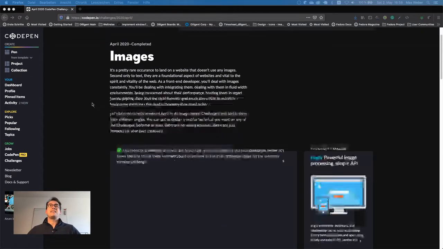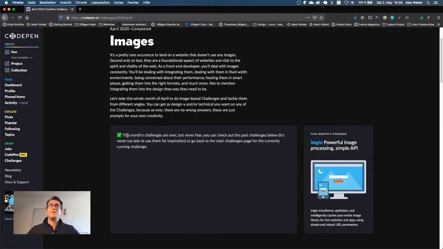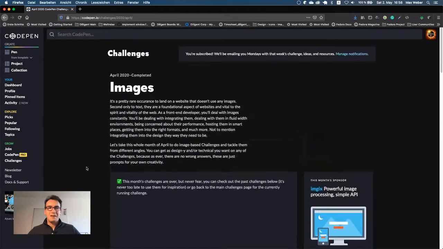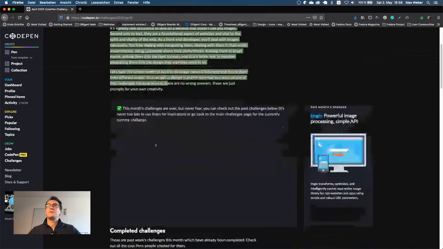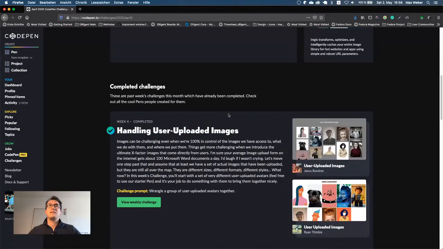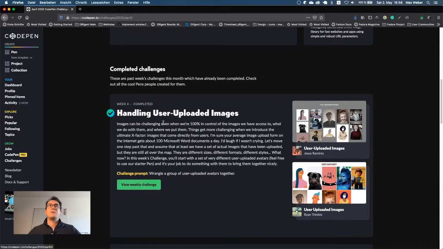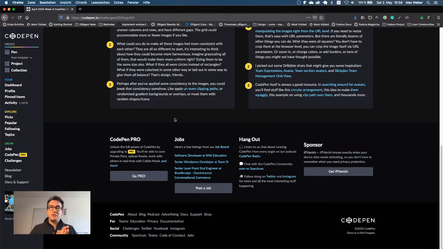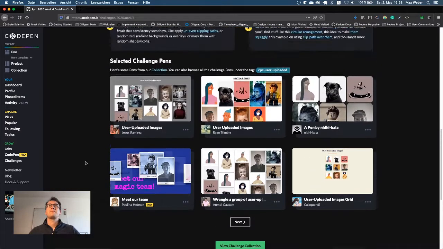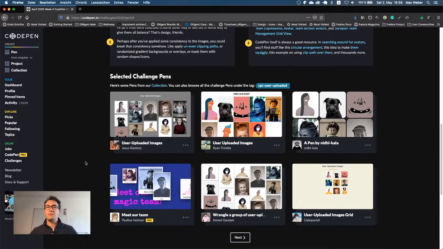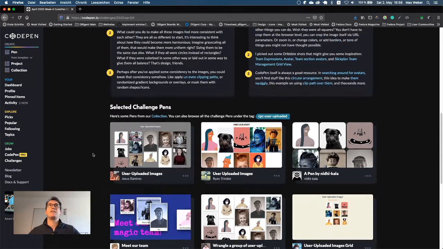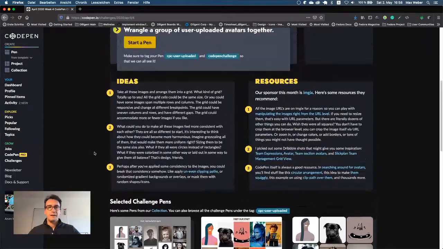So yeah, as I said, the monthly challenge is already over. And now I want to try anyway to create that one, because you can still see the completed challenges on CodePen down here. And we can jump into them. And my plan is to make a small design for that. And after that, we just jump into it and write a small Flutter application.